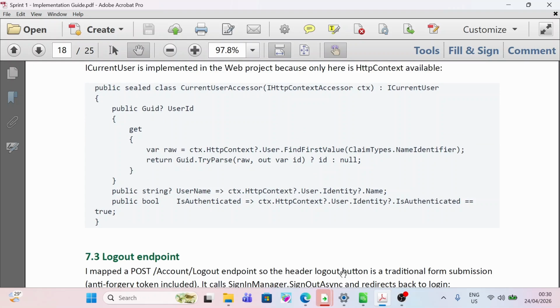public string? Username => ctx.HttpContext?.User.Identity?.Name; public bool IsAuthenticated => ctx.HttpContext?.User.Identity?.IsAuthenticated == true;